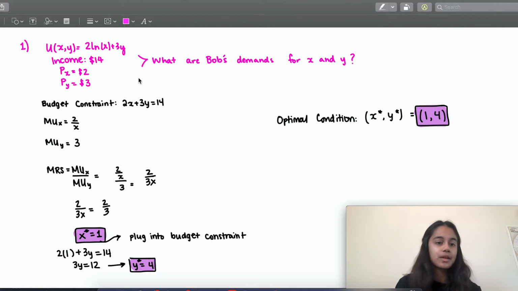And so same thing, we have here our income and our prices for each good, right? Whenever I see that, I directly write my budget constraint. Here it is. And so the thing here, to find the MRS, you, again, same thing, you do the MUX over MUY. But the MUX here, if you go back to your, I don't know, trig class, okay, not trig, but the derivative of